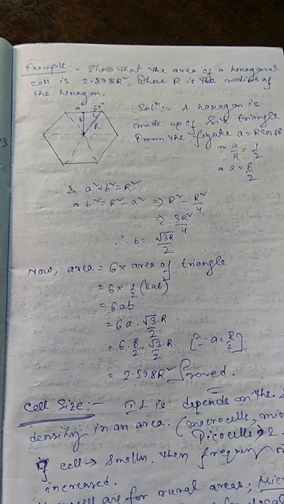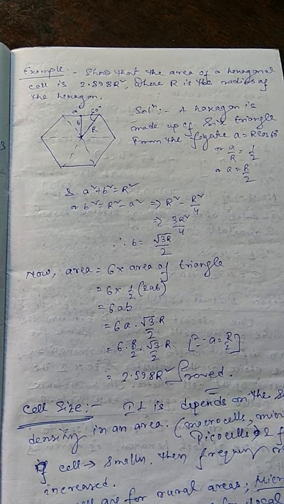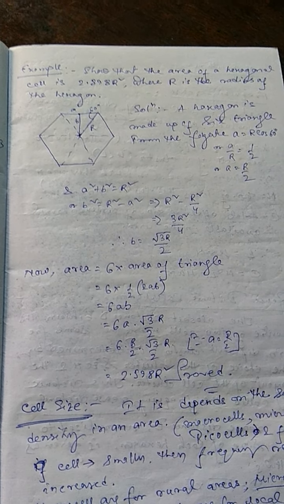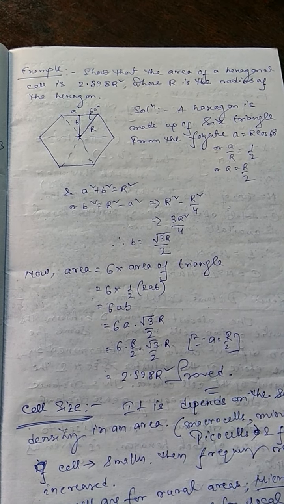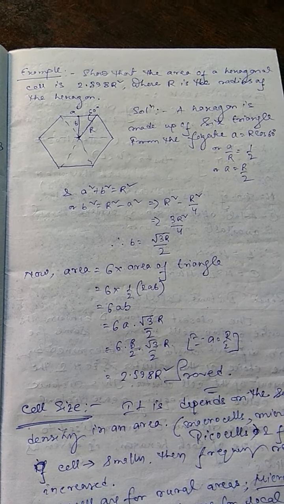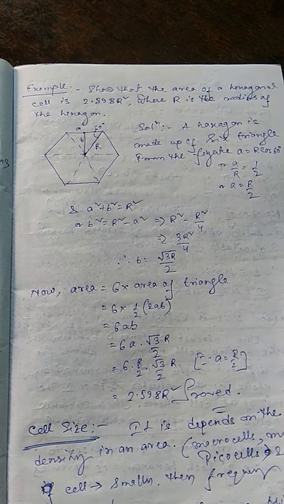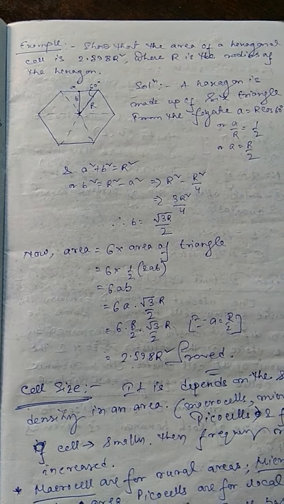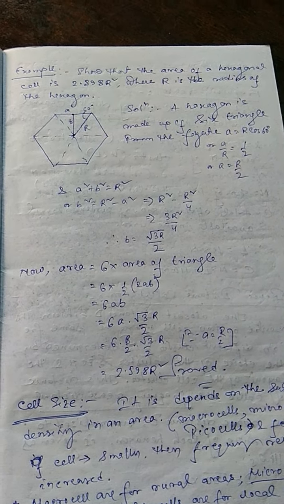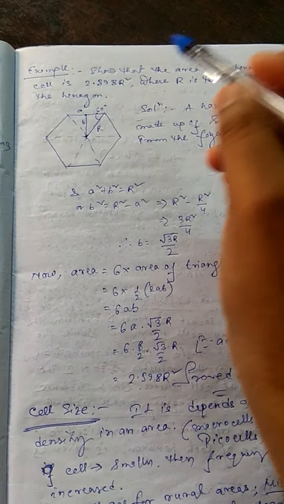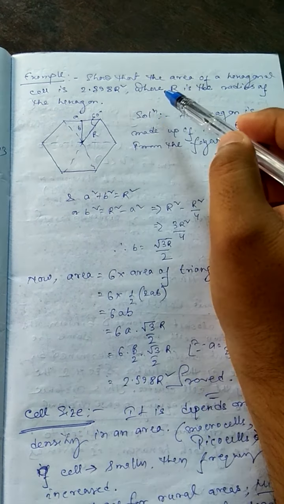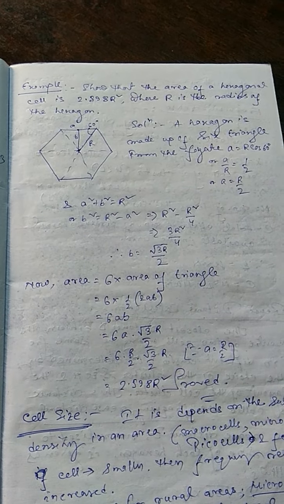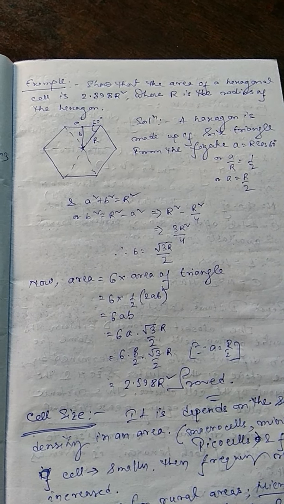Okay, so last class we covered the cluster size, and how we enhance the capacity of the channel, etc. And today we discuss a very important problem related to the hexagonal geometry. First of all, the problem is: show that the area of a hexagonal cell is